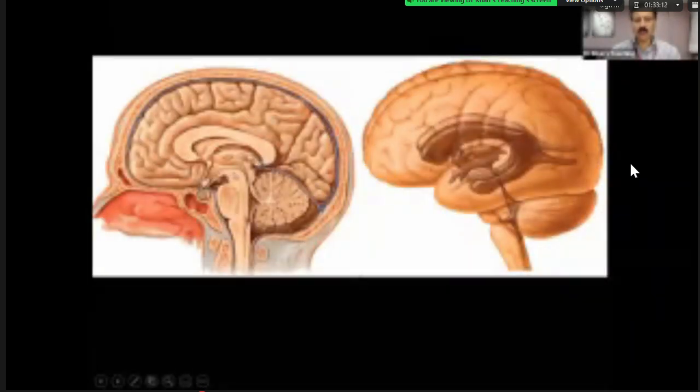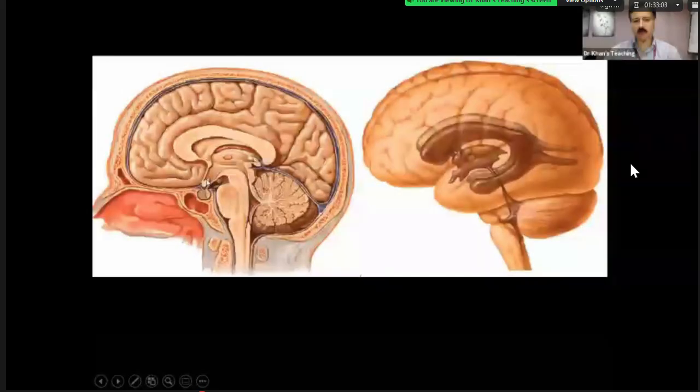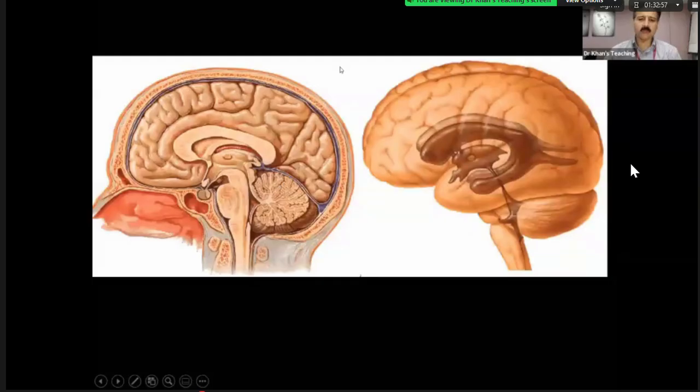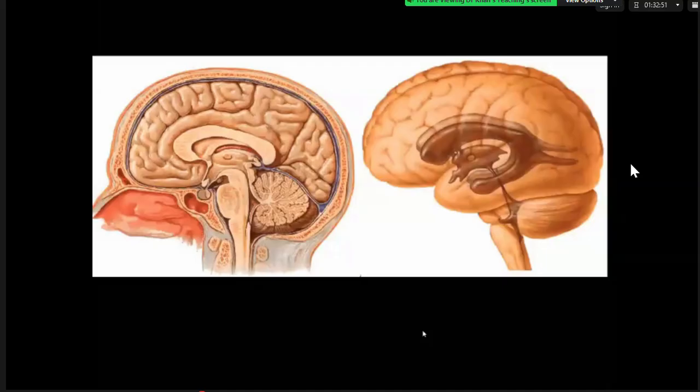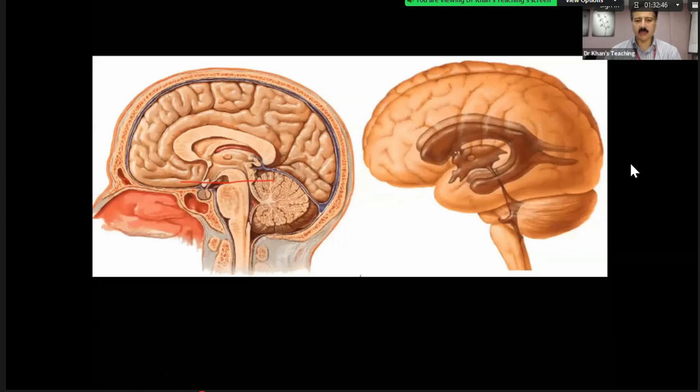Now, when you are in an axial slice, you have to understand that when I am going through the midbrain, I am going through what we call the... so suppose the slice is going like this. So you have to keep thinking like this. This is the midbrain, and anteriorly is the suprasellar cistern. Suprasellar cistern, and you can see that the slice will go through the infundibulum and maybe the optic chiasma, etc.